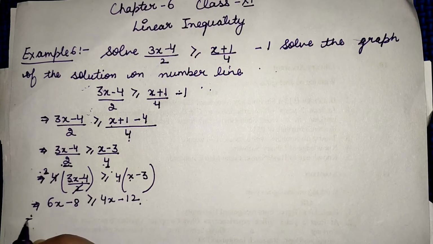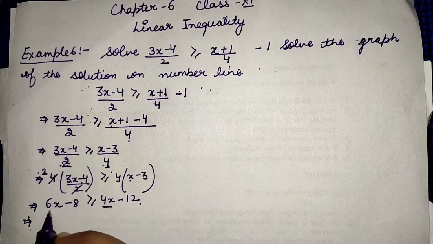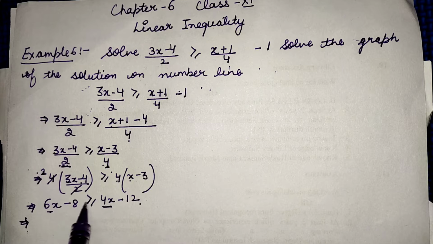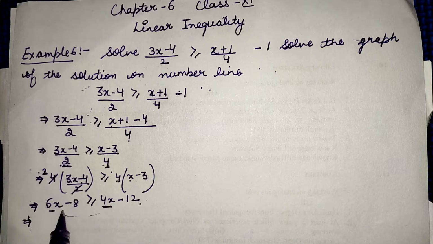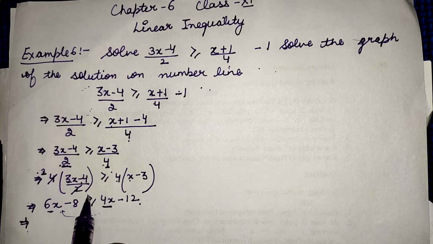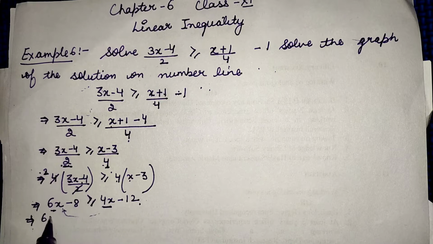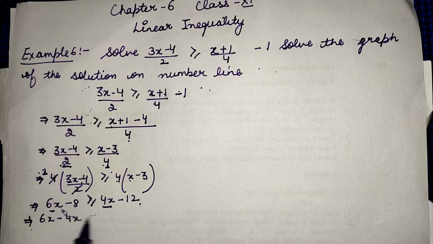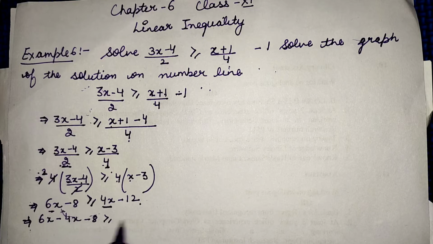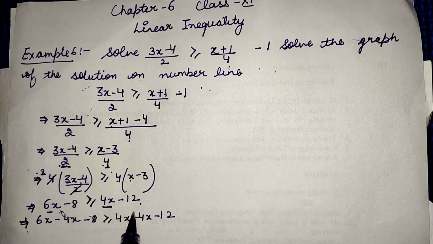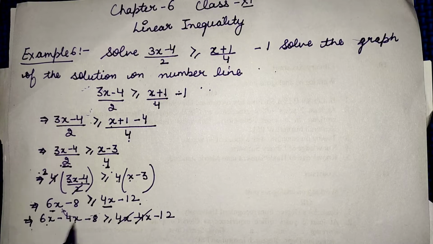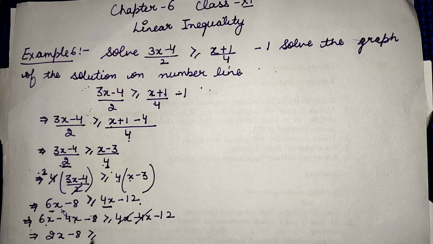So what I will do is subtract this 4x. Because if there was an equal to sign, then you would take this 4x directly to the left hand side. But when we talk about inequalities, we do not take it directly. We do addition and subtraction of the term on both sides. So now it will get cancelled out, and 6x minus 4x will become 2x minus 8 is greater than or